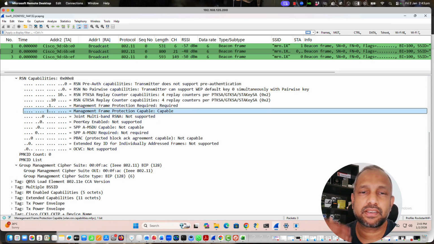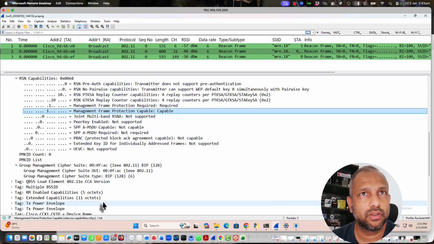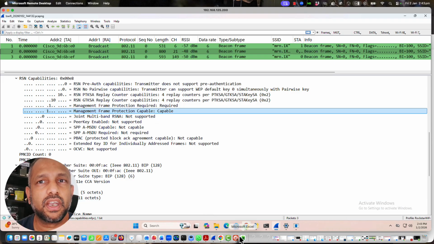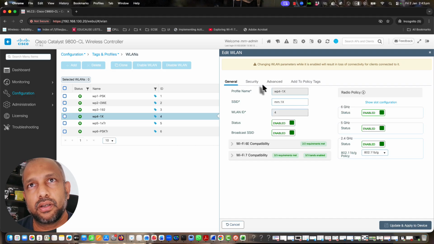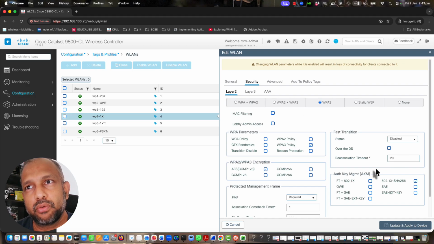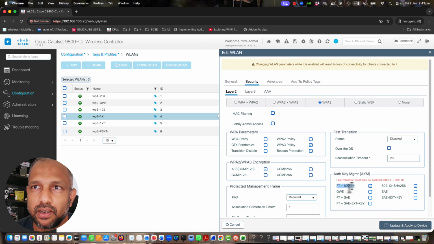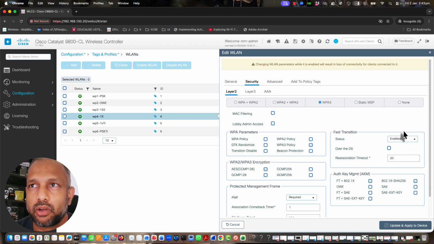Now what we'll do is enable fast transition as well. I'm going to go to the SSID security and enable fast transition. Whenever I'm enabling fast transition, I need to make sure I select FT plus .1x. If I select this, it complains that fast transition must also be enabled, so you have to make sure you enable this option as well. Now I just took those 2 clicks,